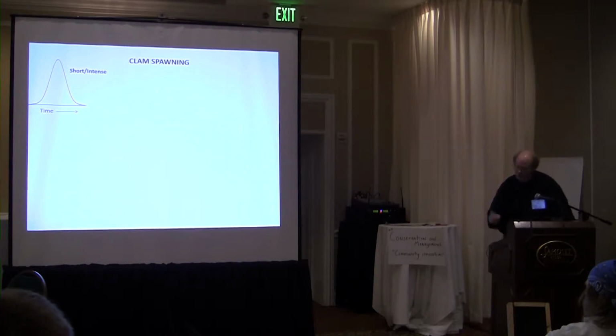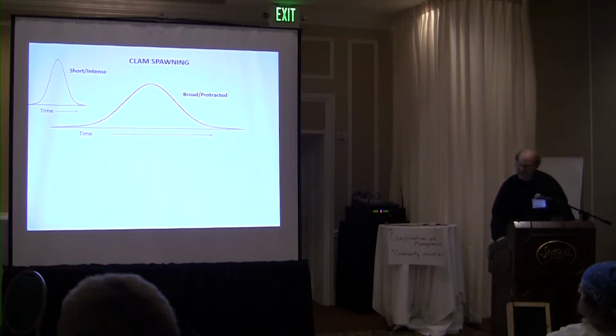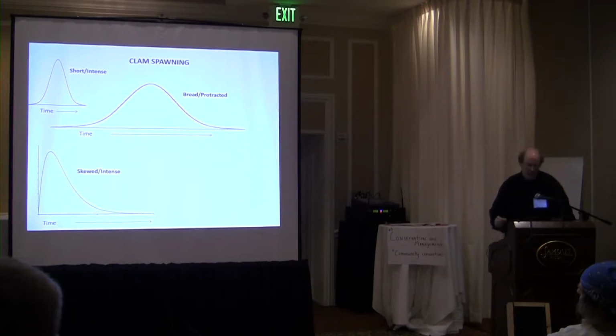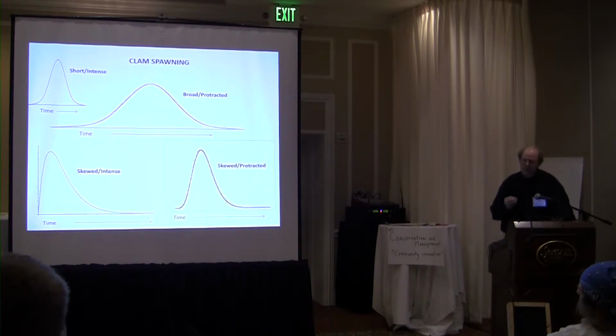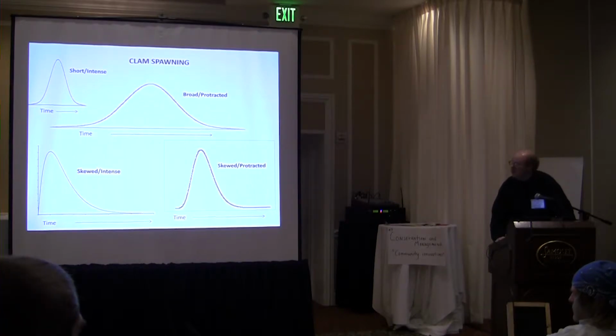Clam spawning could be really quick and short, so I call it short and intense. Or it could be broad and protracted, and this is what we think might be happening. Or it could be what I'm going to call skewed. It happens really quickly and it's really intense. Or it could be skewed, but it's a little more protracted. So I'm looking at these 3 or 4 different things and trying to determine what really is happening in this